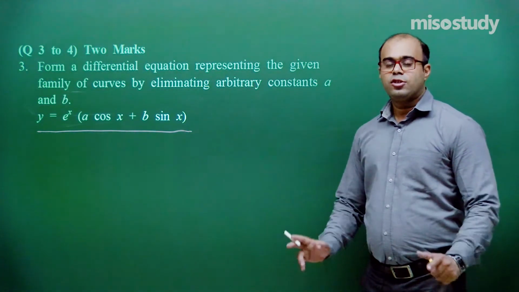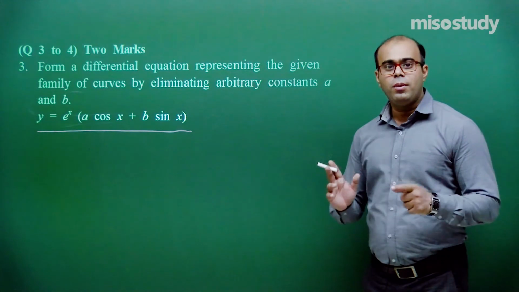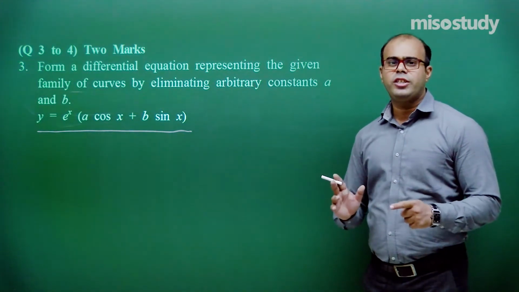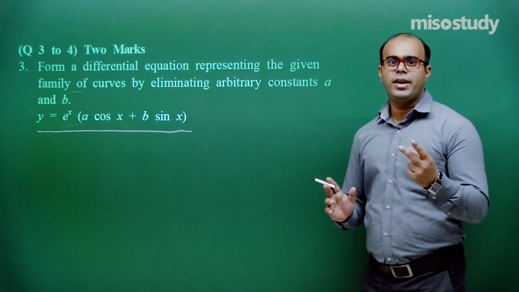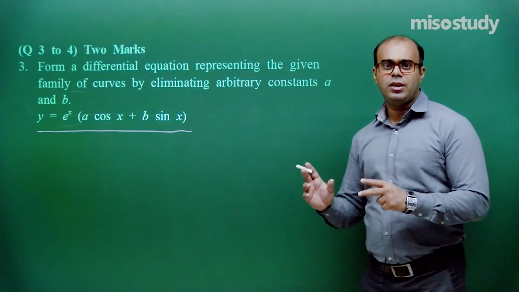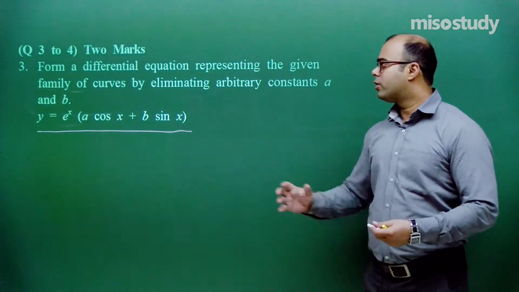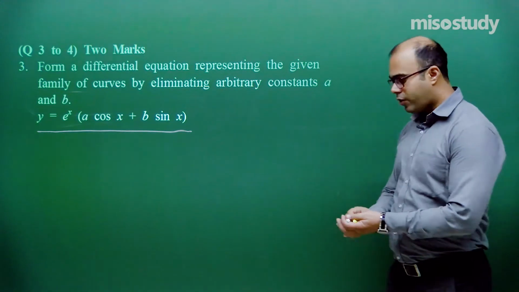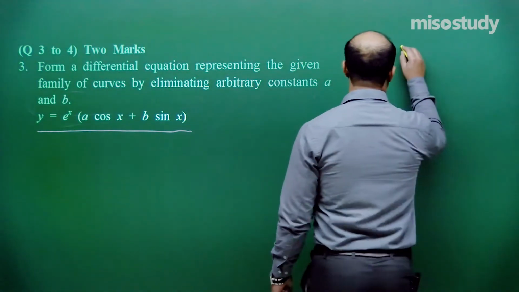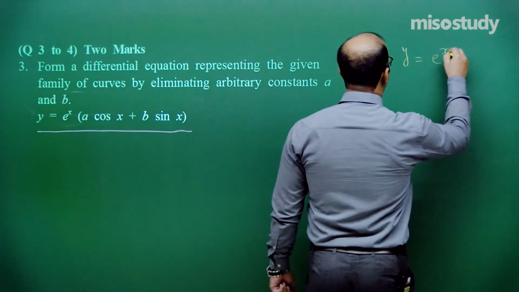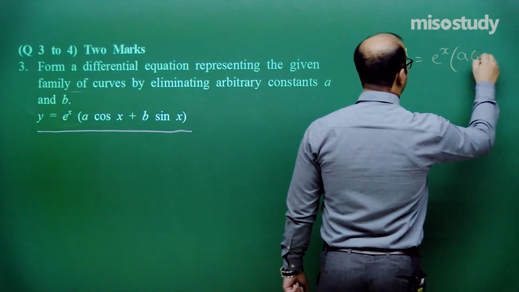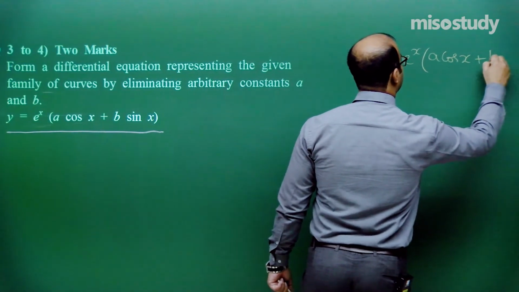Okay students, so if there are 2 arbitrary constants, how many times do we have to differentiate it? 2 times. The second order derivative should be the final form of the differential equation for this curve. So first we will differentiate it. Since y is equal to e to the power x into a cos x plus b sin x,